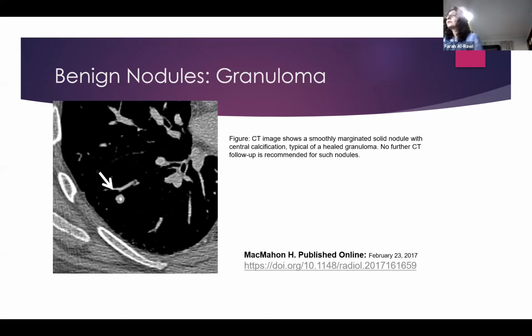So before we start, let's start with the nodules that we do not need to follow up and that we do not need to worry about. The most common of these are the granulomas. Granuloma refers to an old granulomatous infection, usually a childhood infection, most likely TB, and most likely asymptomatic. We see these all the time. They are very common. They're usually multiple, and the characteristic feature is calcification. You can see calcification at the center of this nodule. So whenever you see or hear a granuloma, calcified or not, you can ignore it. You do not need to follow this one up.